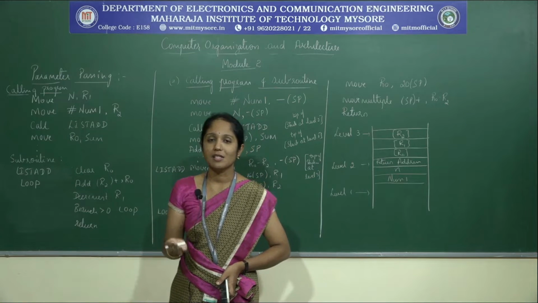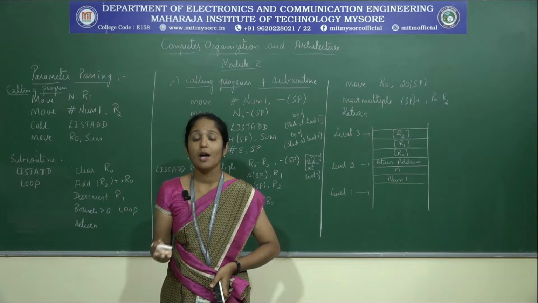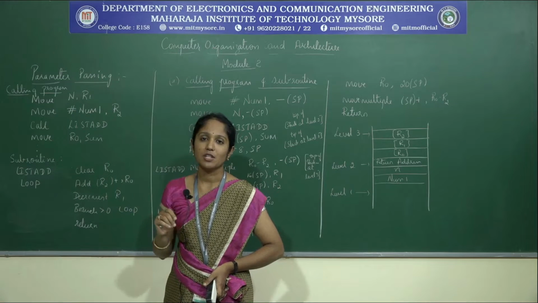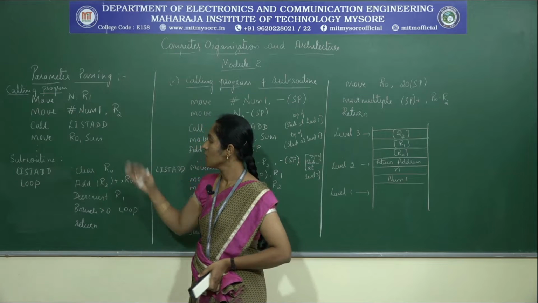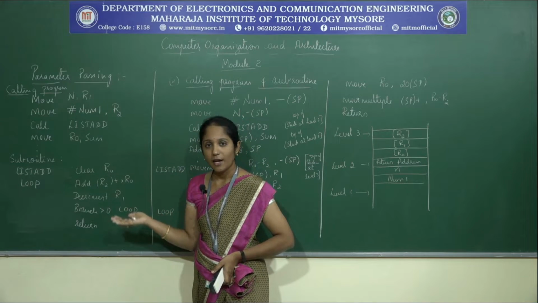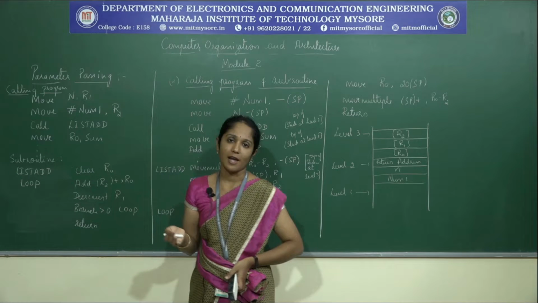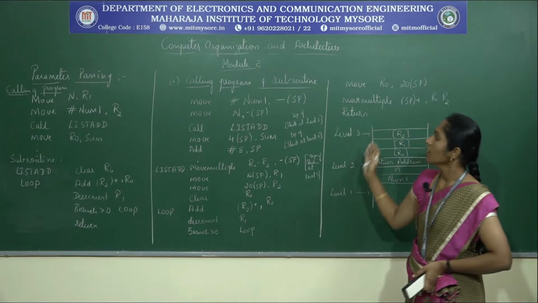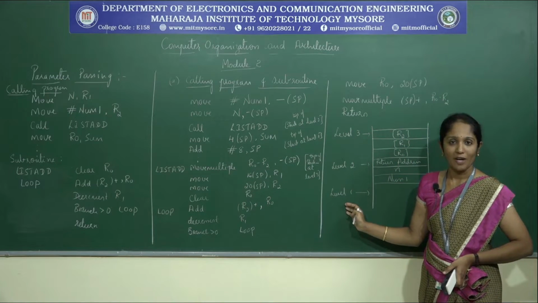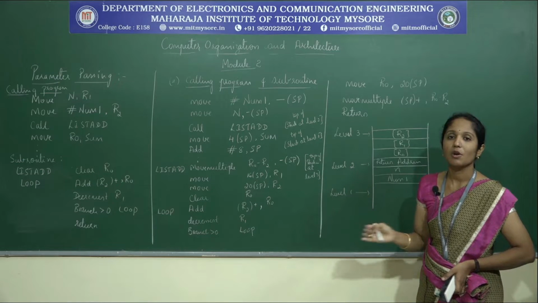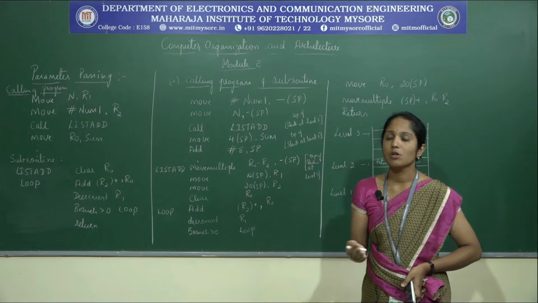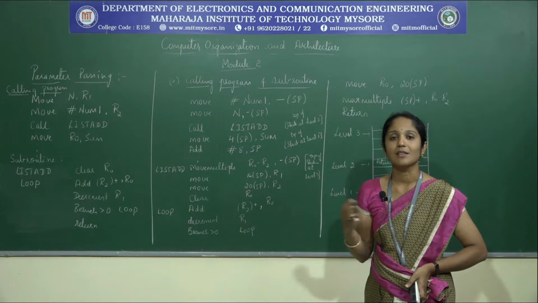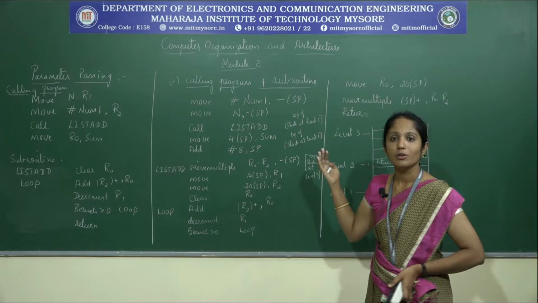Now if you consider a program wherein we have too many values and the registers are not sufficient to hold the values which are required or essential for the subroutine, in that case we may have to use the stack. So in the second example, in the second code, we have that type of parameter passing. Here we are making use of the stack in order to pass the values, as I said. If the registers are not sufficient to hold the required data, we may have to go to the stack.